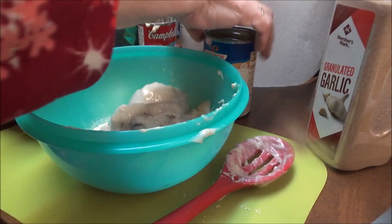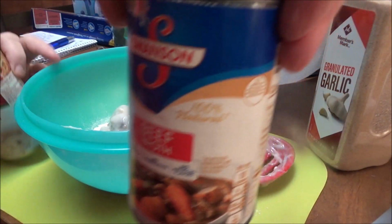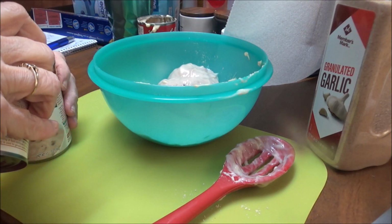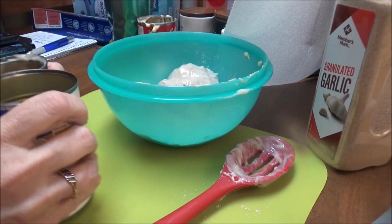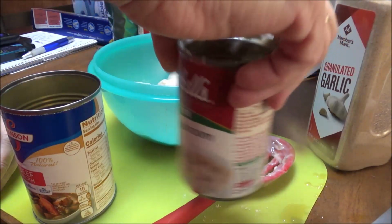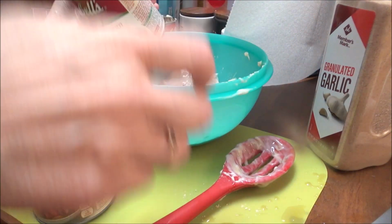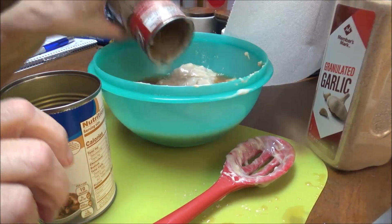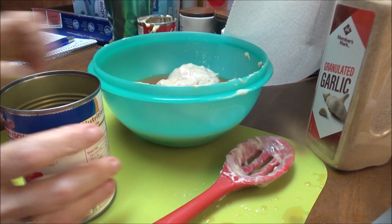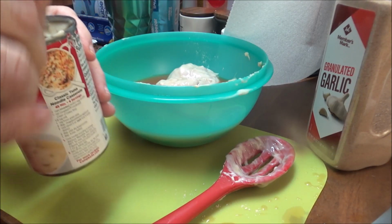All right, and I'm going to put half of this beef broth in this can and shake it up to try to get all the cream of mushroom. I just put it in there and try not to spill it. All right, and then I'm going to pour that in there. And then I'm going to pour the other half in this can